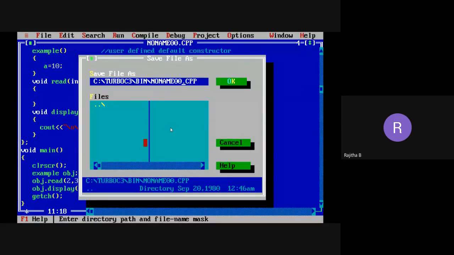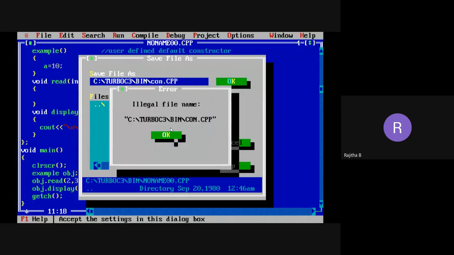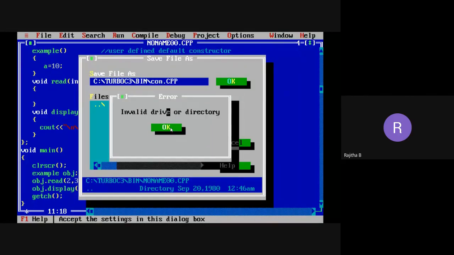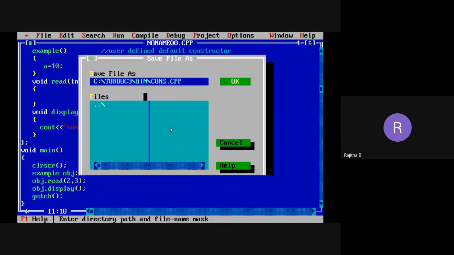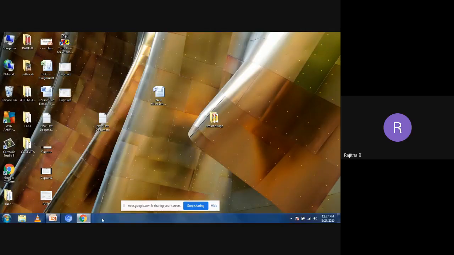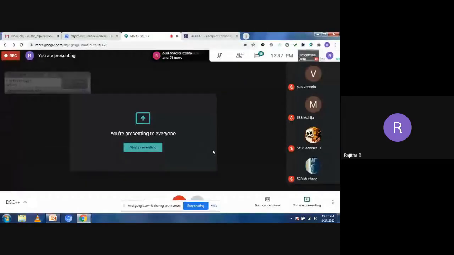First, I want to save this program. Constructor name. Okay. What happened now? No, they are joining.